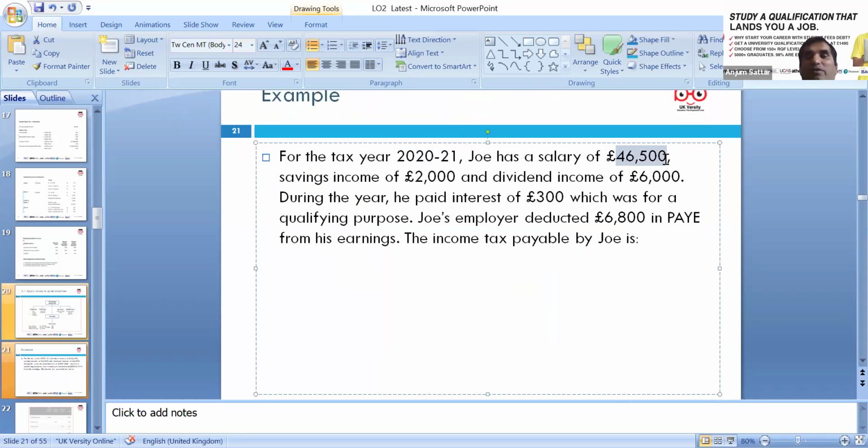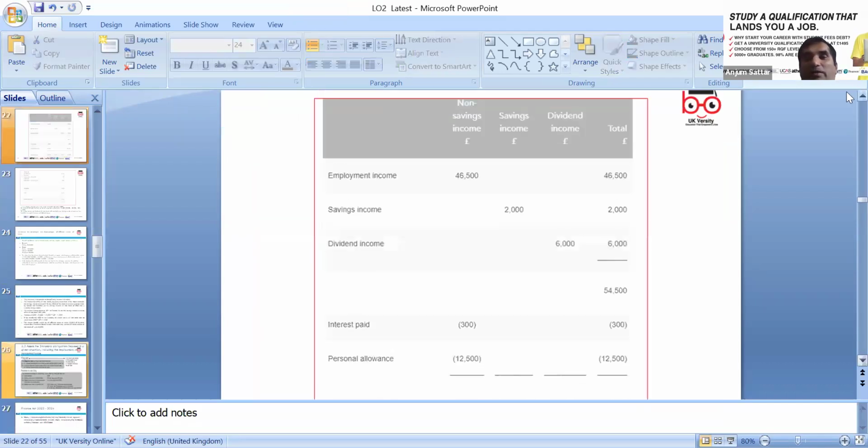So 46,500, the saving income is 2,000 and dividend income is 6,000. And during the year, he paid the interest of 300, which was for qualifying purposes. So Joe had PAYE, pay as you earn, deducted at source, being deducted the tax, which is 6,800. So we've been asked the tax payable by Joe in this case, which we can look at, how much tax liability will be. So if I apply current year rate,